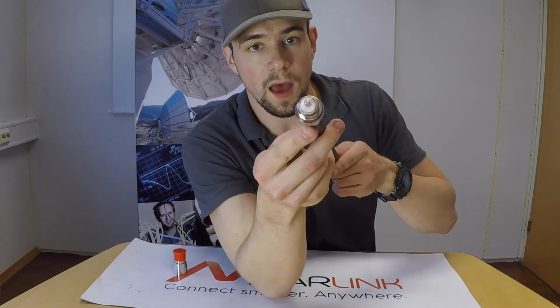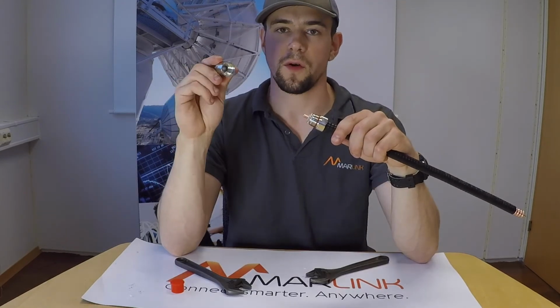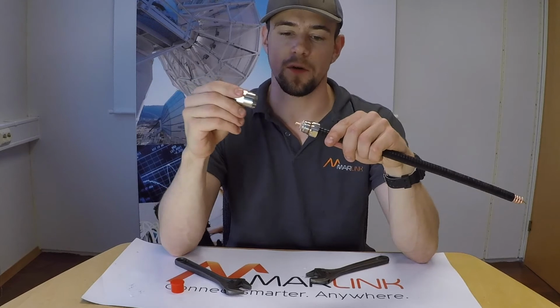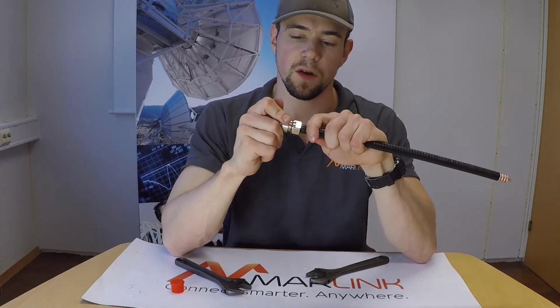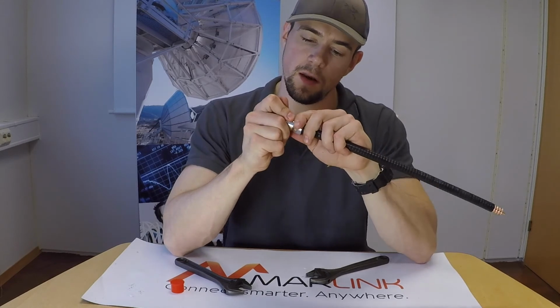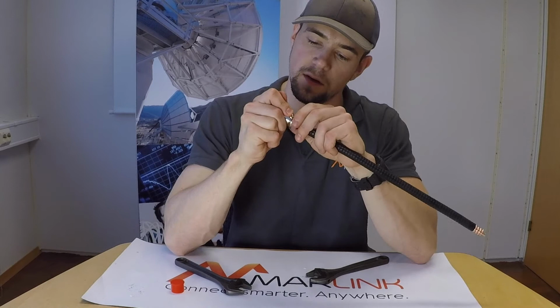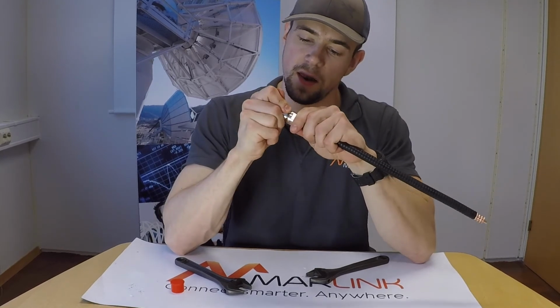As you can see, we have opened up the outer conductor. In the last part of the preparation, you're going to grab the second part of the connector and just push it on the center conductor, like this. Then make sure that the first part of the connector is straight,